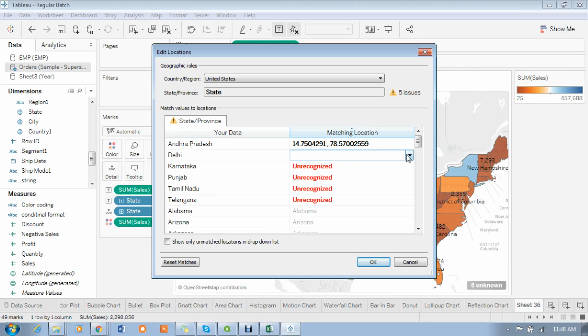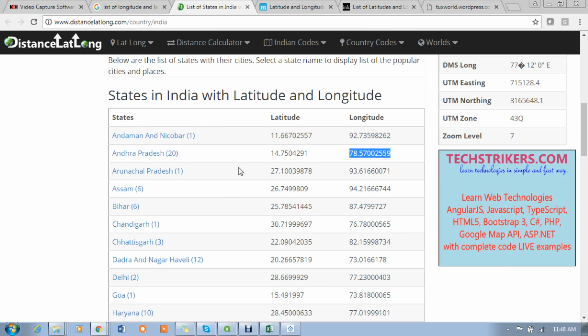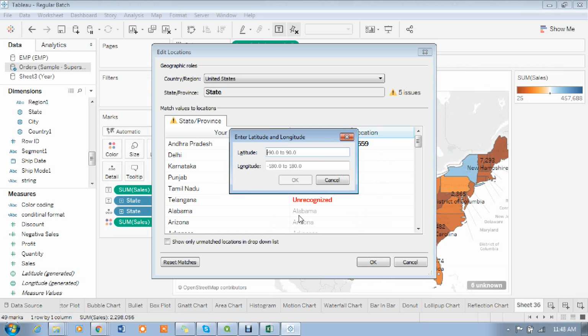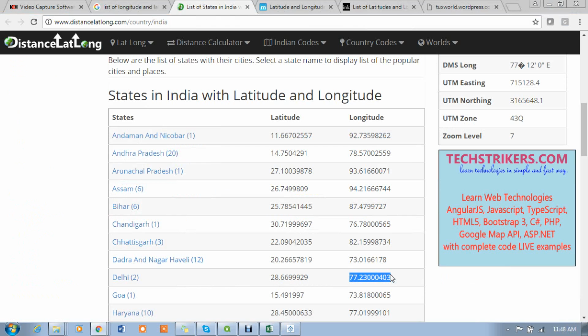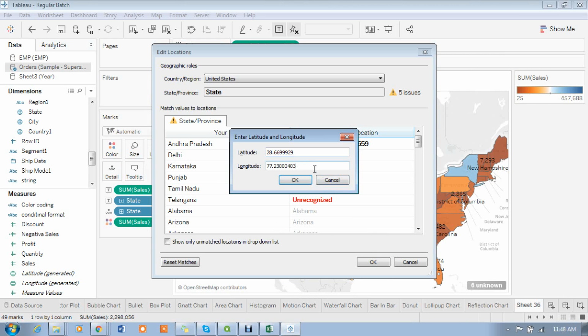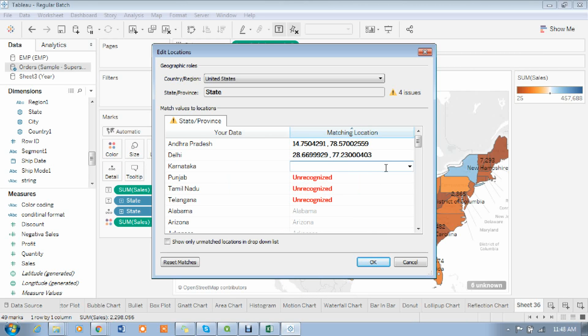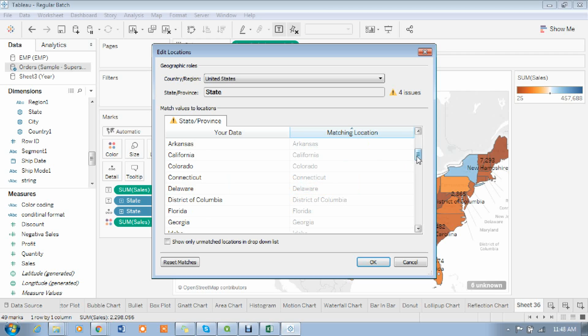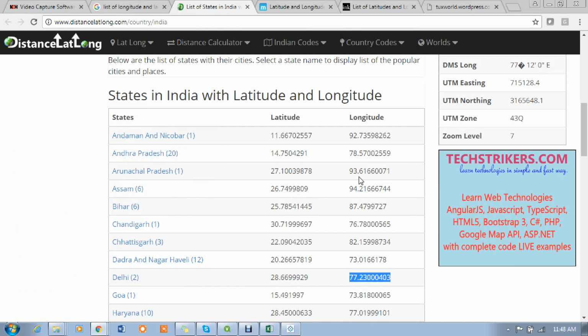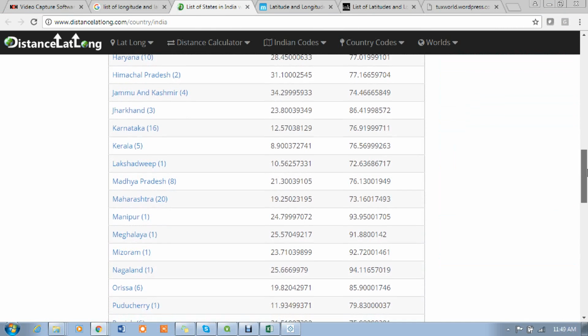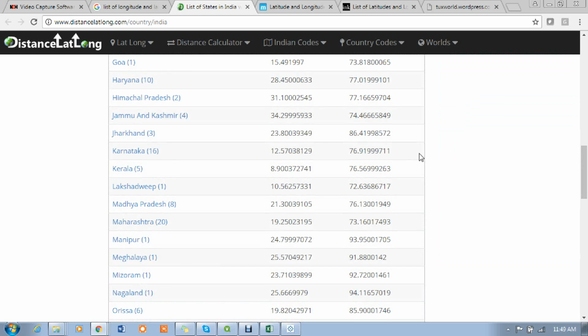Now for Delhi, enter values. I think Delhi, this one here. Simply copy and paste all these things. Karnataka, if I say, then it will be Karnataka also.